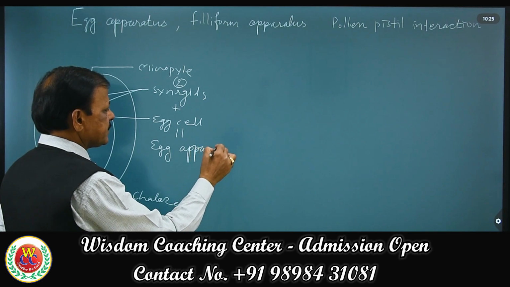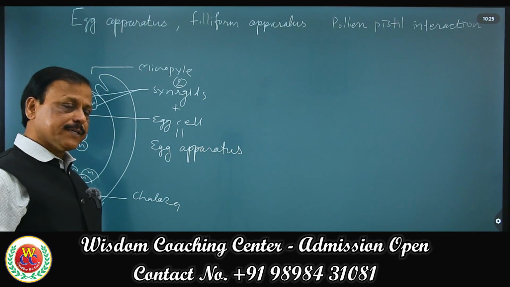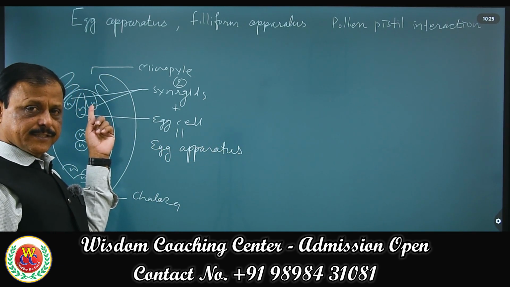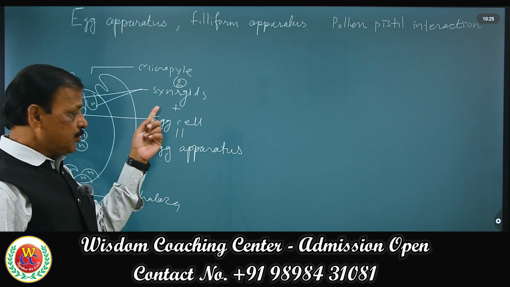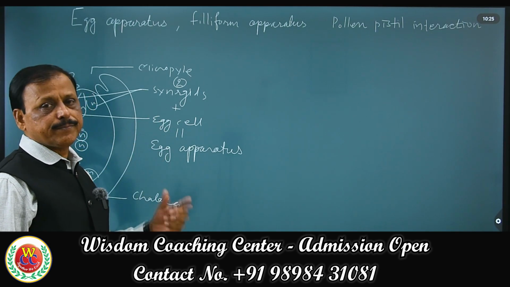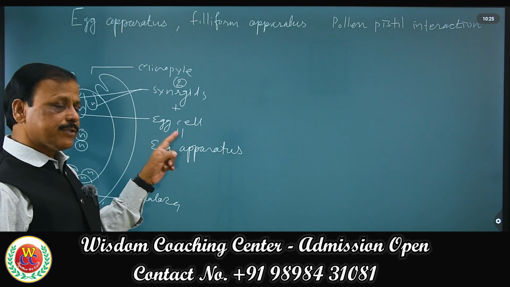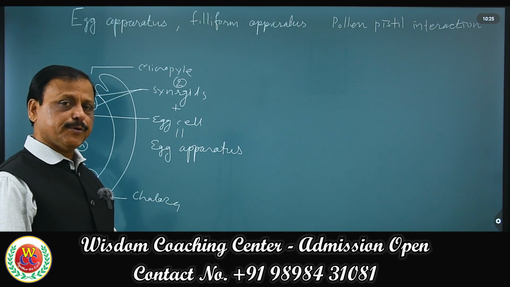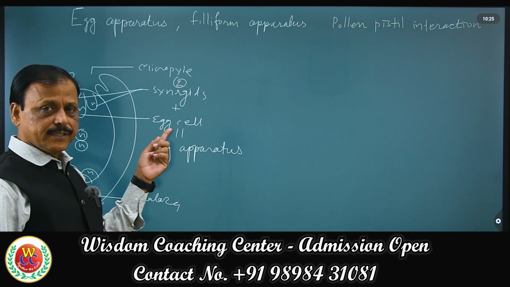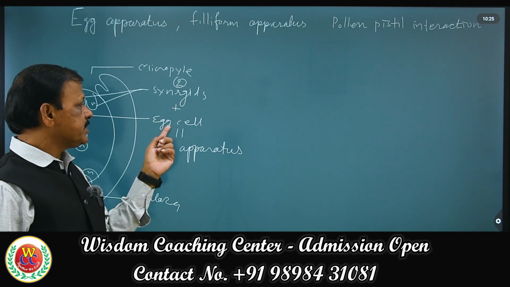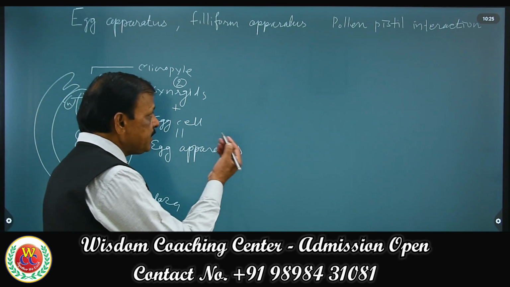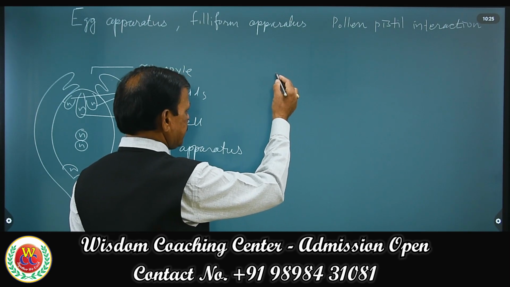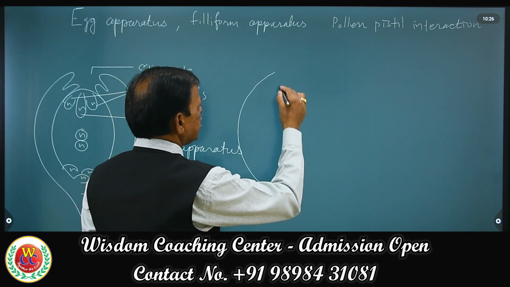Once again, what is egg apparatus? Two synergids and egg cell together constitute the egg apparatus. So a question can be asked, what are egg apparatus and filiform apparatus? Egg apparatus is the composition of two synergids and egg cell. What is filiform apparatus? Same, but here it has